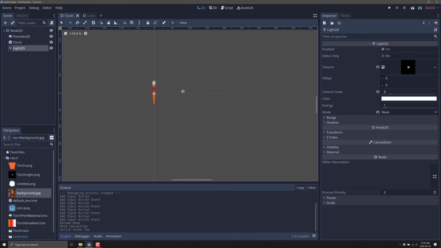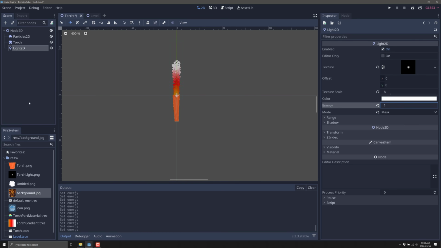Let's go back to our torch over here, and let's go ahead and showcase a way to cause the amount of light being off to be a bit of a flicker. Now you can do that by changing out this texture over time. You could animate that texture value, but all we're going to do is animate the scale of it. You could also do it with the energy, but you're going to notice if I change the energy, look at what happens to the torch body. So you may not want it to give off too much more light. So let's stick energy back to normal.